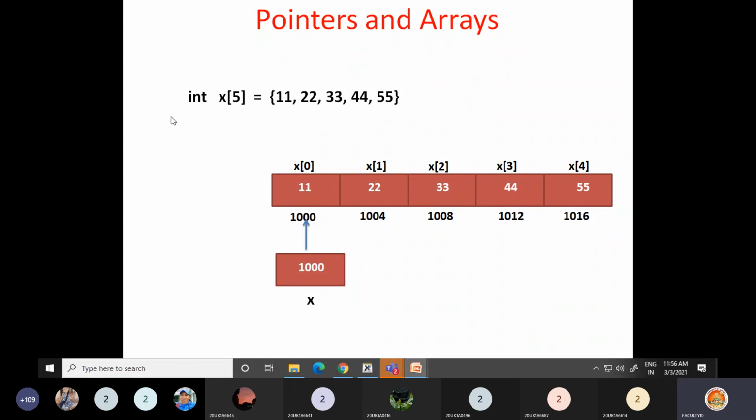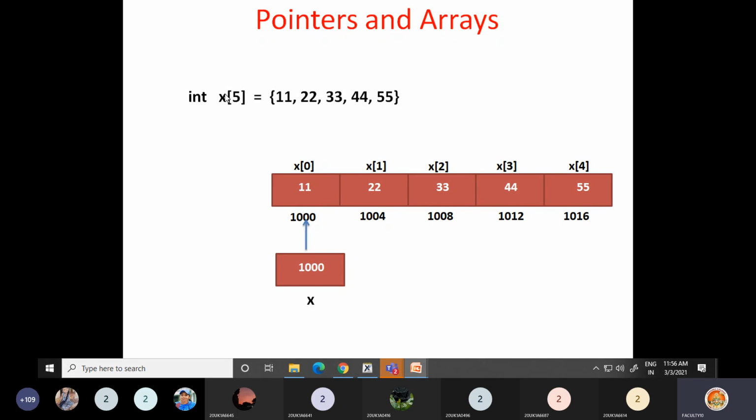Now if you see int x of 5 equal to 11, 22, 33, 44, 55, this is how the memory is allocated. Previously we showed only these 5 boxes, but internally for this x also some memory is allocated, and 1000 is stored in it, the first element address. That means x is now pointing to this first element.